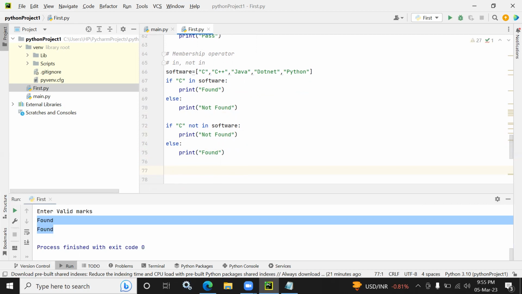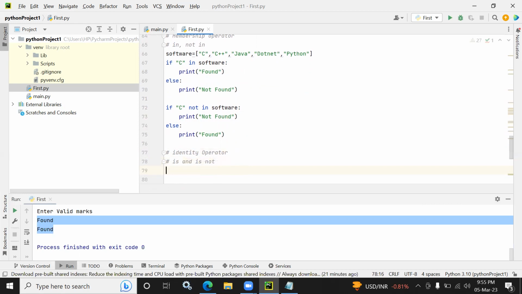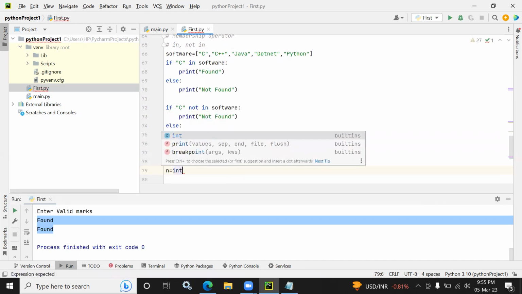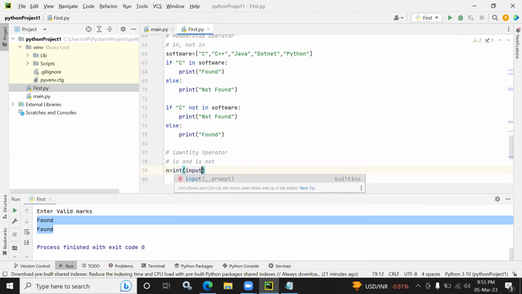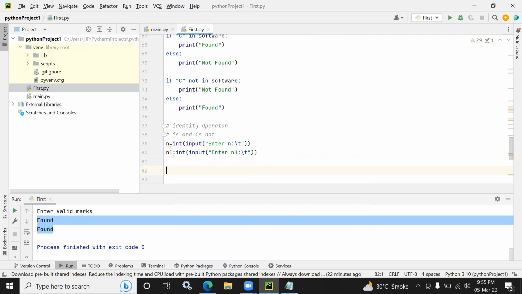Then we have identity operators. In identity operators, we have is and is not. Suppose I say n is equal to int(input()), and I'll just copy this, paste it here, and write n1. So if n is n1,